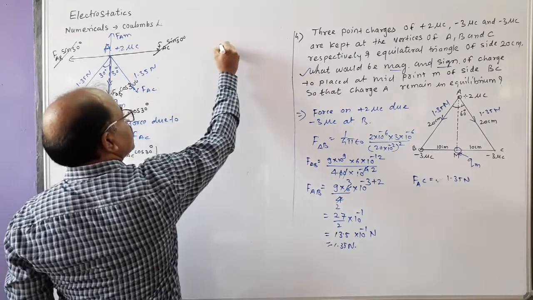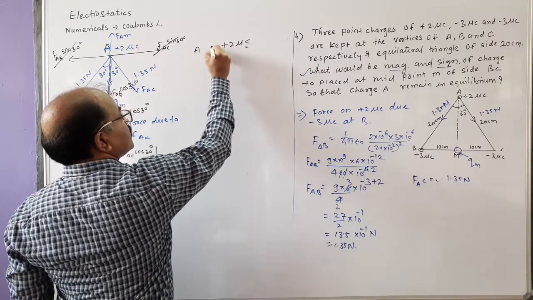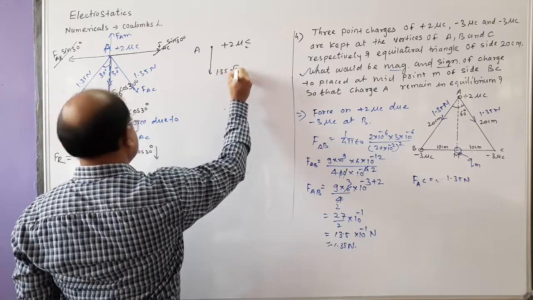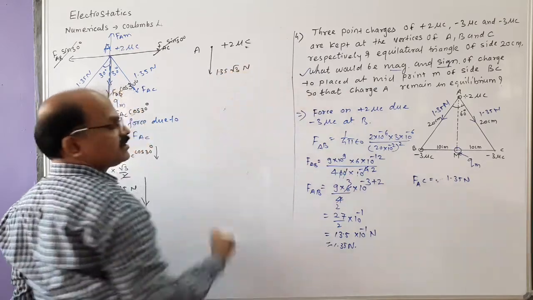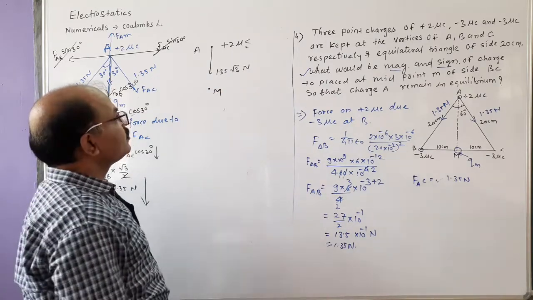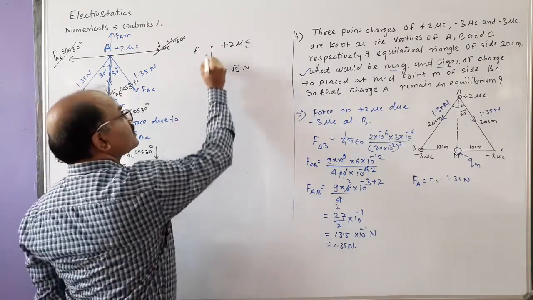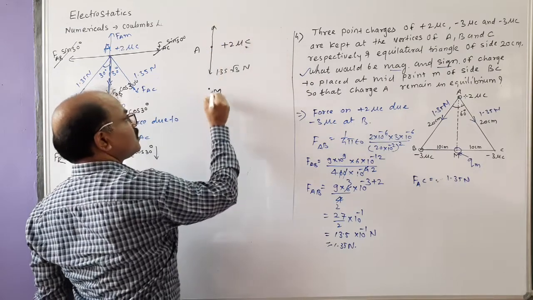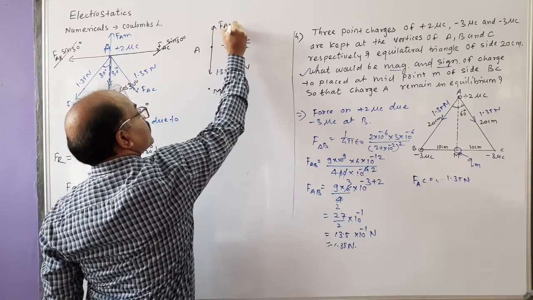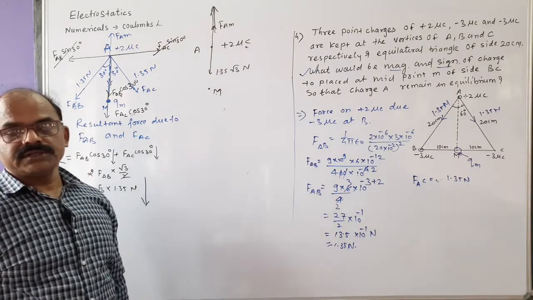So the resultant at +2 microcoulomb charge at point A, the downward force is 1.35 into √3 Newton in a downward direction. So we have to place some charge at M to make this A equilibrium. इसको equilibrium बनाना है, इसका मतलब इसका force कैसे चाहिए? Force on A due to M, it will be FAM, it should be in opposite direction, upward होना चाहिए and equal in magnitude होना चाहिए.